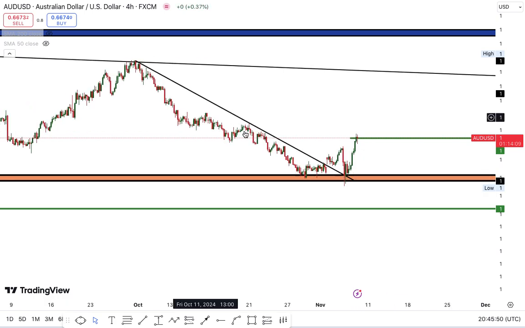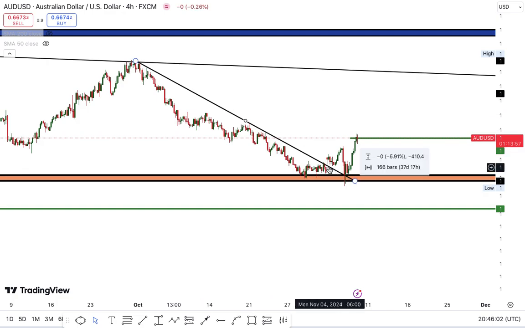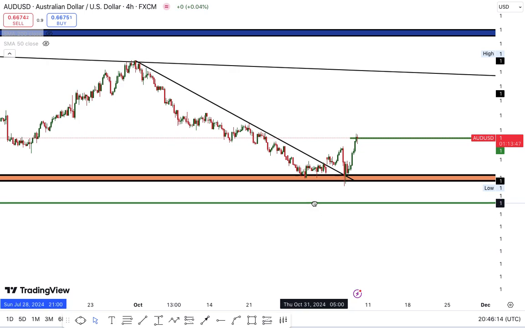So in this case here now, since you had a flag pattern, it was quite simple. All you have to do was execute at the counter trend line break, 4 hour candle break and close. It doesn't matter if it is bullish or bearish. Entries are made somewhere around here, then stops come all the way back down. It doesn't even have to be this low, it could be somewhere in here. But the key thing is to give enough space.